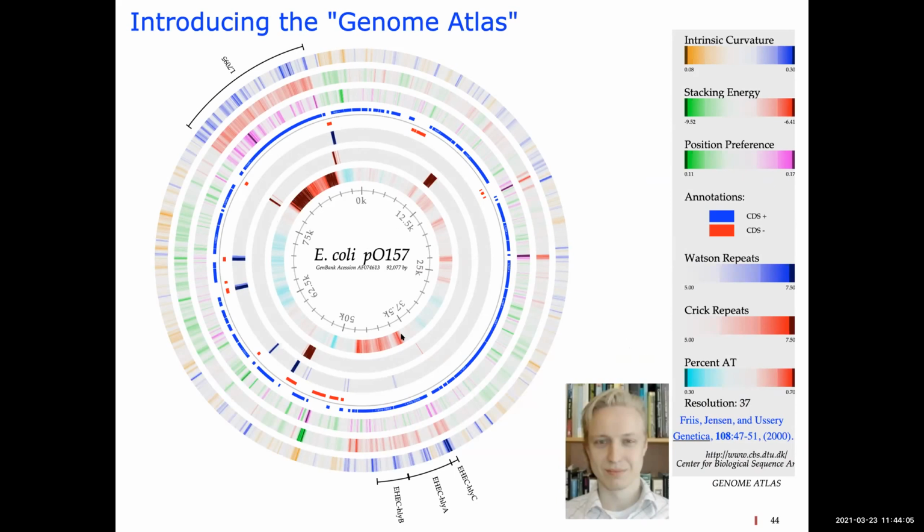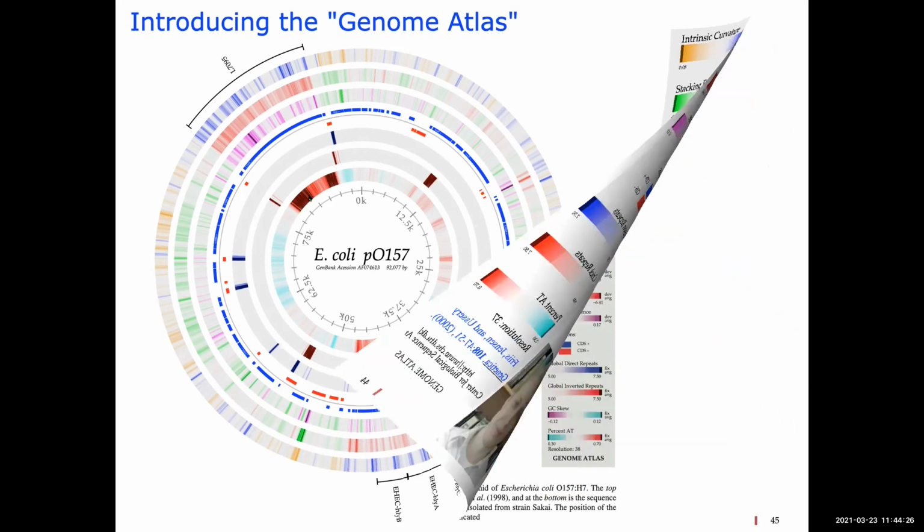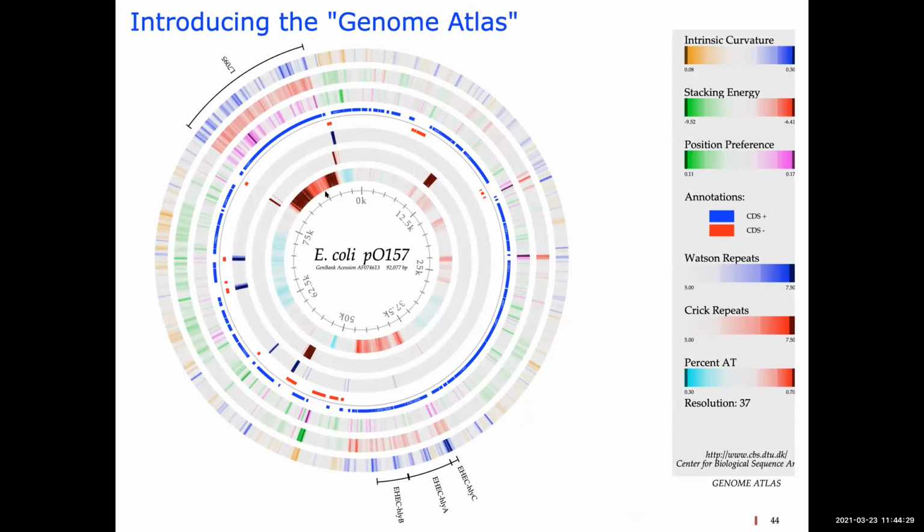And this is kind of fun because what we could see, this is a plasmid from E. coli. And we see that here, this region, it's very AT rich. The structural property is a little bit different, and it's flanked by inverted repeats. And these are actually IS elements. And so without really doing anything, just looking at structural properties, we say something's going on there. Well, this region right here, it turns out, is a hemolysin toxin. And it's flanked by these IS elements. And you can use these atlases for finding novel toxin genes and other stuff, and they kind of line up for structural properties